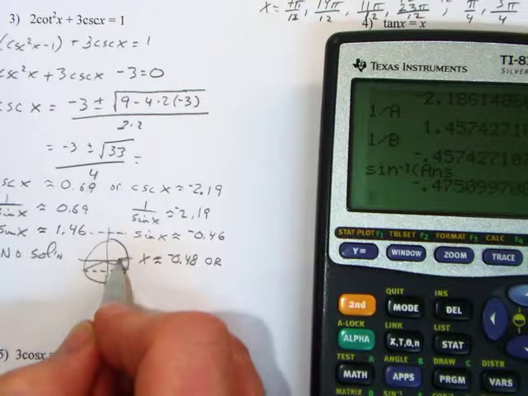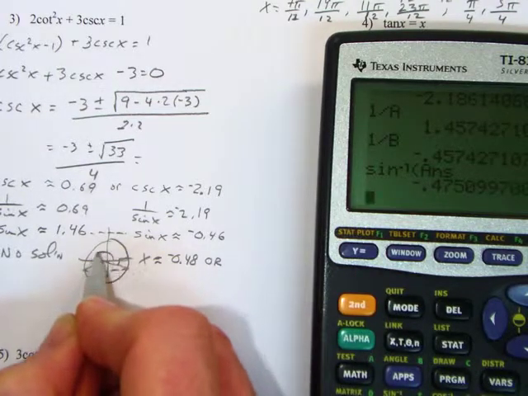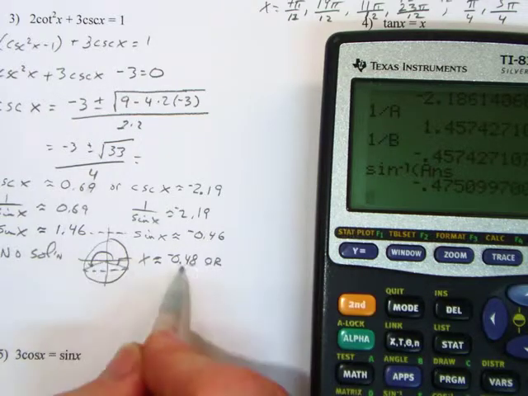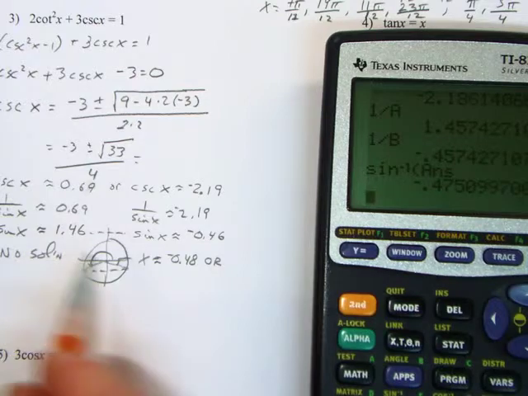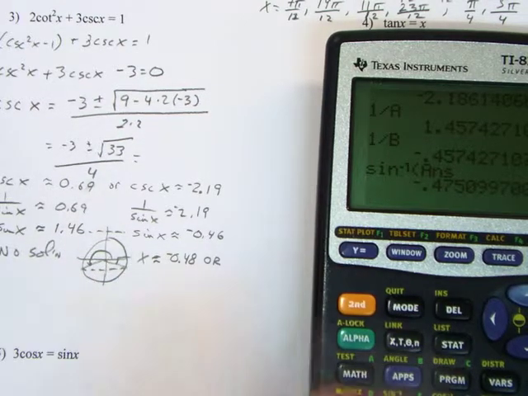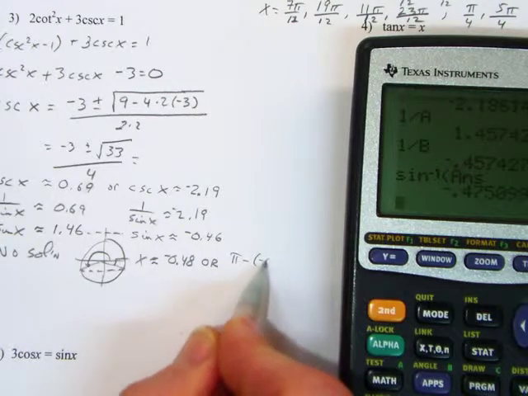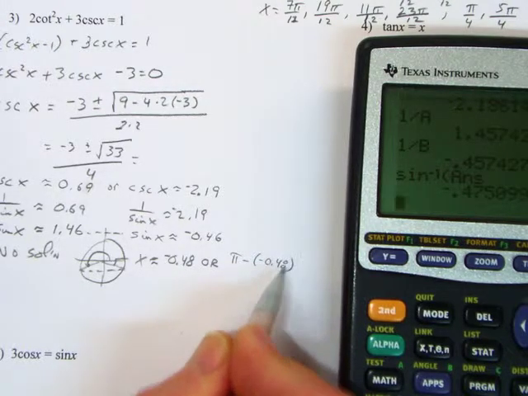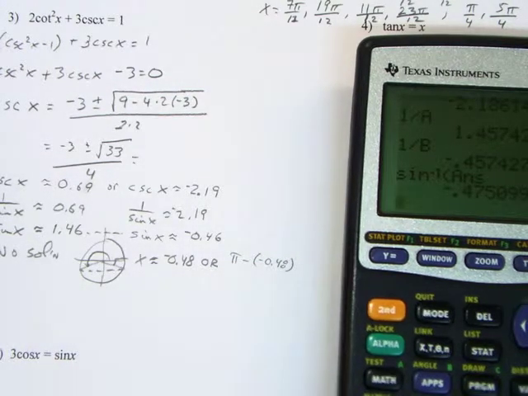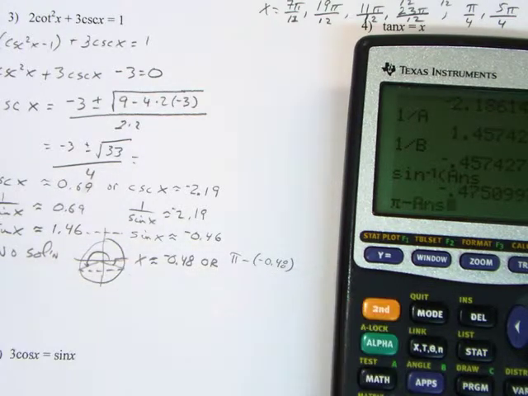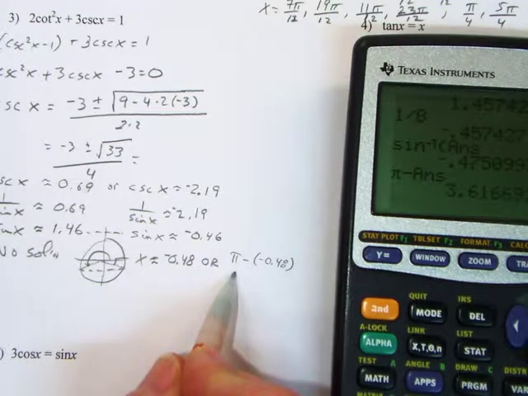Well, that's this one down here. We're going to go all the way around. So we can either say pi plus this 0.48, or if I'm using this on my calculator, I'm going to have to say pi minus that negative. So I'll say pi minus this negative 0.48. So I can go pi minus answer. So I get